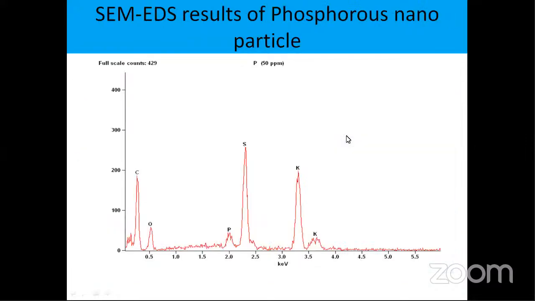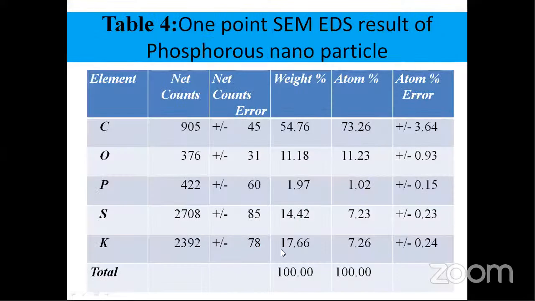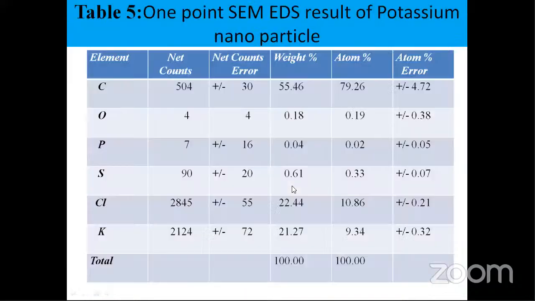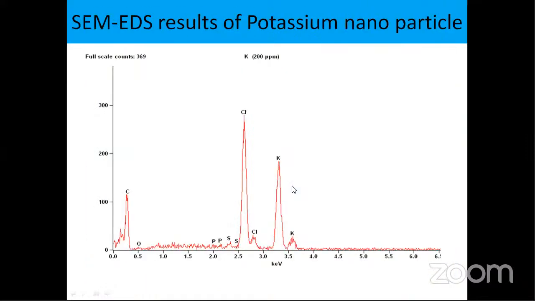nano fertilizer. Then addition of phosphorus. Here you can see phosphorus has been added into the structure, and quite a good range of phosphorus in the nano fertilizer. Then when we added potassium chloride, KCl, because we use KCl as a fertilizer for all the crops for giving potassium, majority of crops.